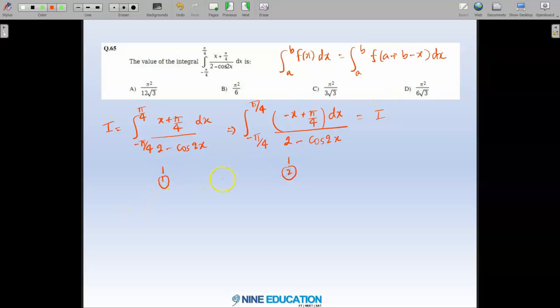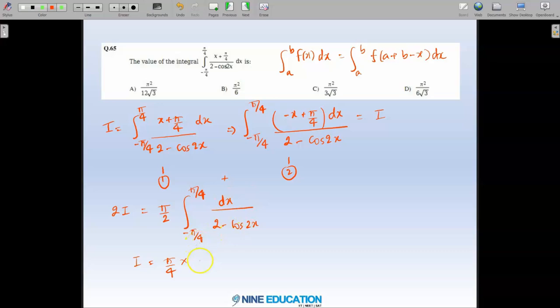If we add both of them, 1 plus 2, we will get 2I equal to... minus x and plus x in the numerator will cancel. Pi by 4 will add up to give pi by 2, and we are left with the integral from minus pi by 4 to pi by 4 of dx divided by 2 minus cos 2x. So I will be equal to pi by 4 times this, and further if you observe, the function 1 by 2 minus cos 2x is an even function,